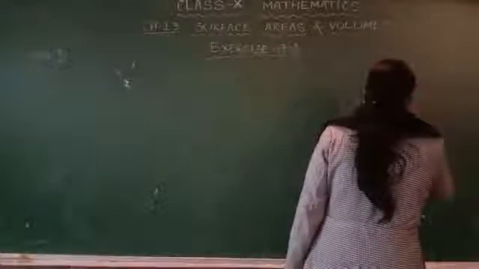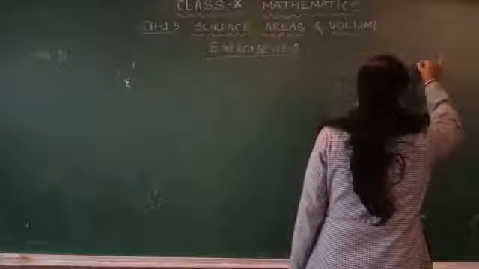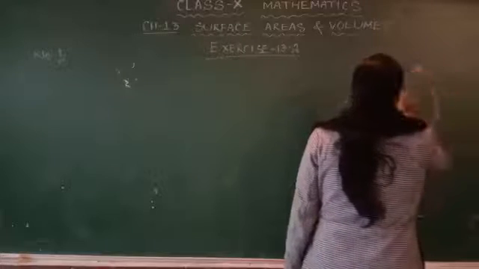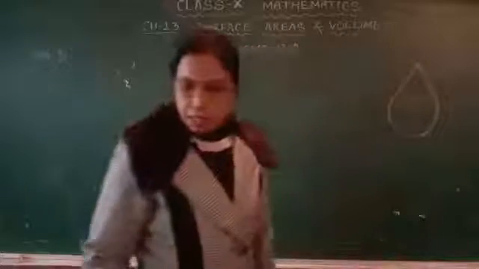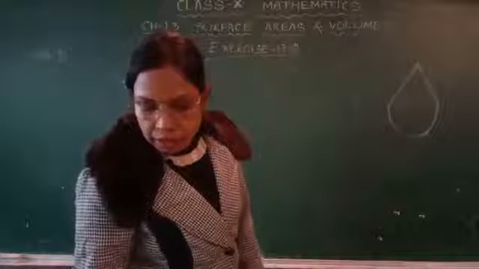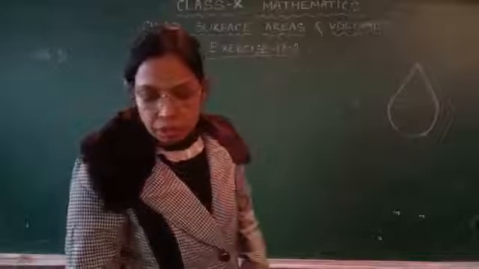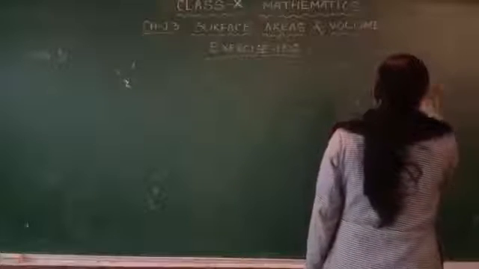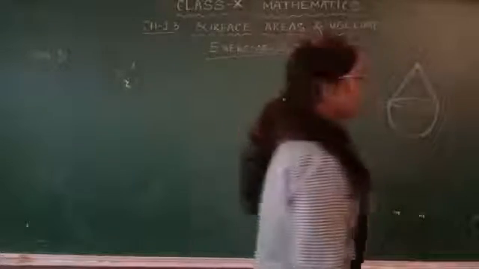So here it is. This is the solid which is in the shape of this. A solid which is in the shape of a cone standing on a hemisphere and both their radii being equal to 1 centimeter and the height of the cone is equal to its radius. So that means the radius of the hemisphere and the radius of the cone is 1 centimeter and the height is also 1 centimeter.